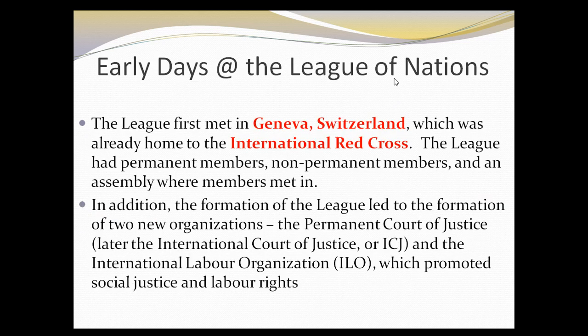The League met in Geneva, Switzerland. Geneva, Switzerland was a logical choice for a few reasons. First and foremost, it was a location where there already were a number of organizational headquarters for different NGOs, like the International Red Cross. The other reason was that Geneva, while a member of the League of Nations, had often been sort of neutral in different conflicts. They were right in the center of Europe. It was a very Eurocentric organization.